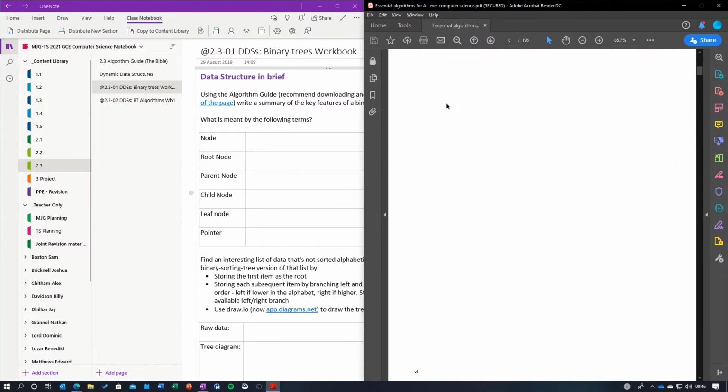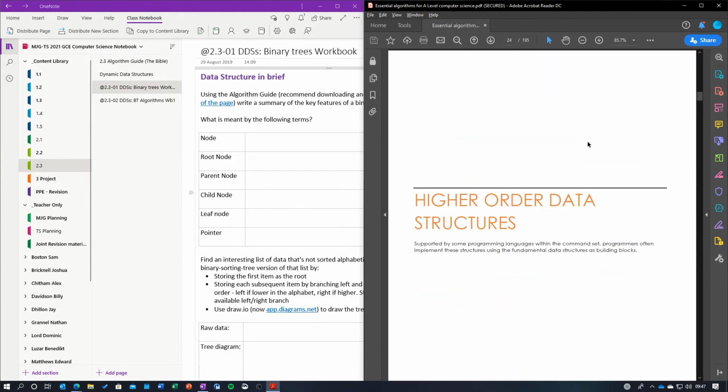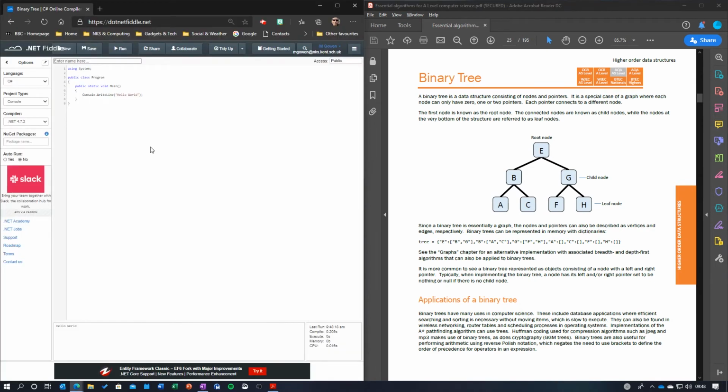On the way through, scan through the initial pages of the guide to look at the very basic data structures before you reach the binary tree section on page 15. And this will give you a large amount of information that you need in order to be able to help work through. Now, a lot of the work you're going to be doing programming-wise on this section is going to